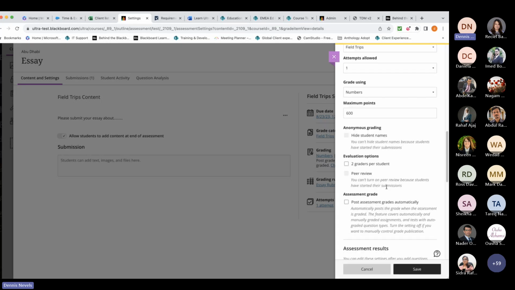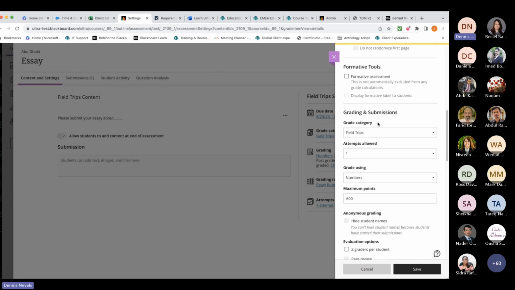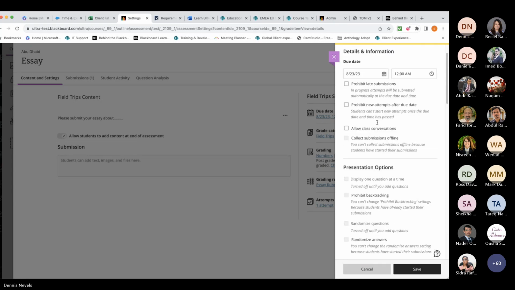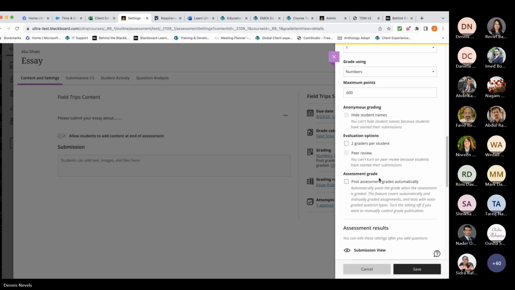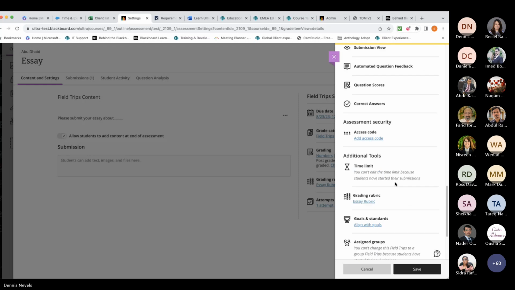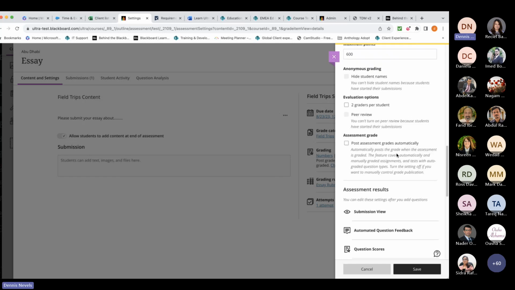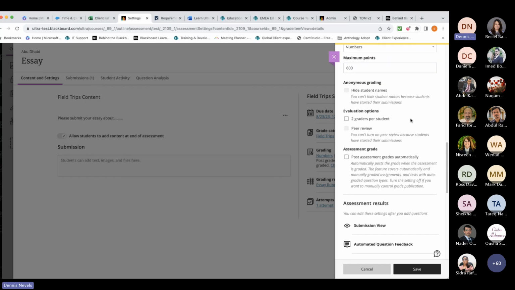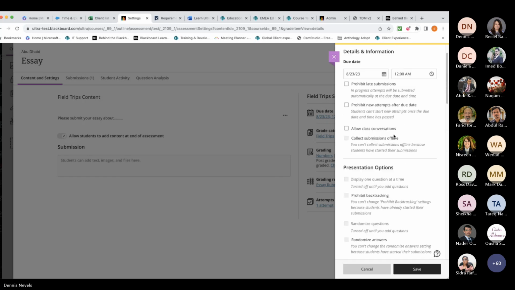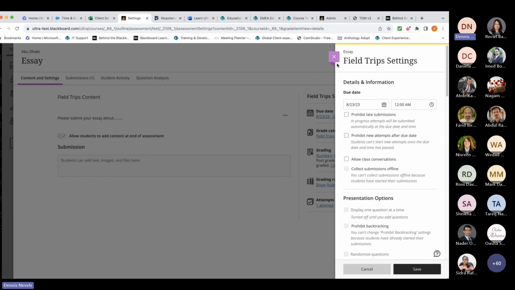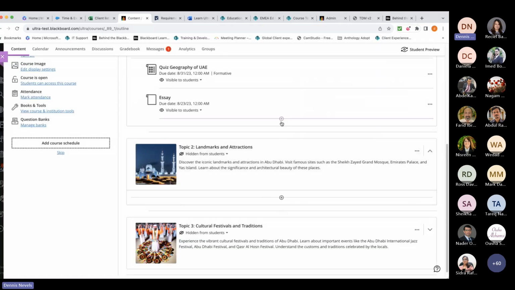My recommendation would be to tick off the box for posting grades automatically. Let me see where that is. I think I can't change it anymore because there was already a submission done. But this is where you normally set it up. It's quickest just to set up a new